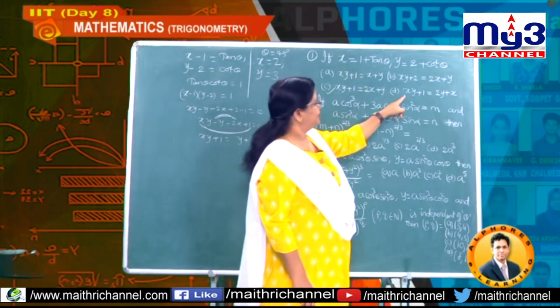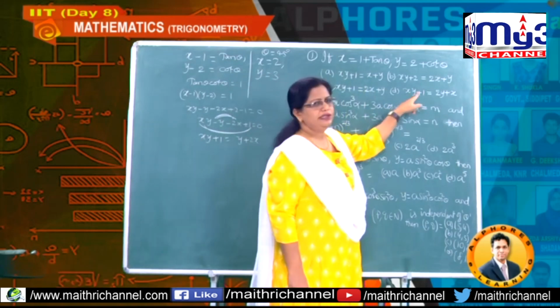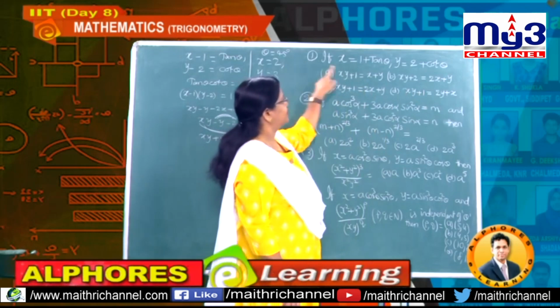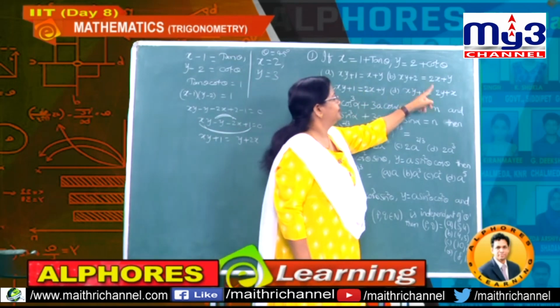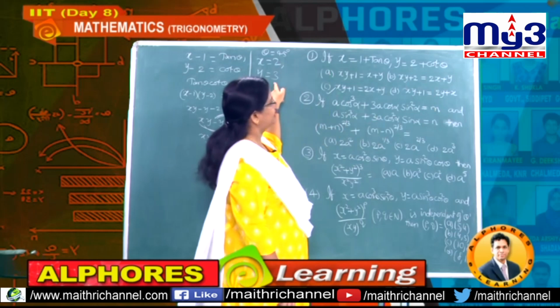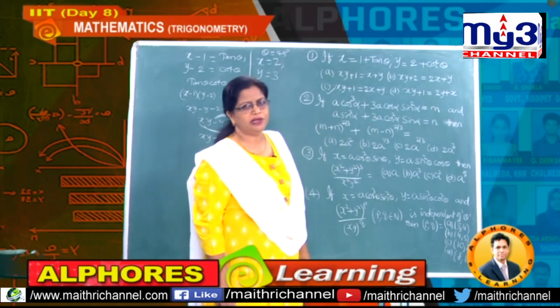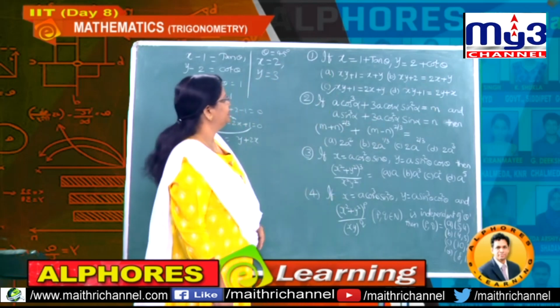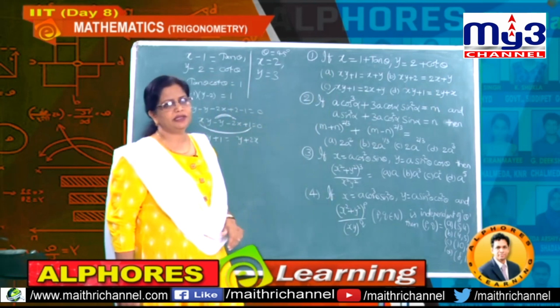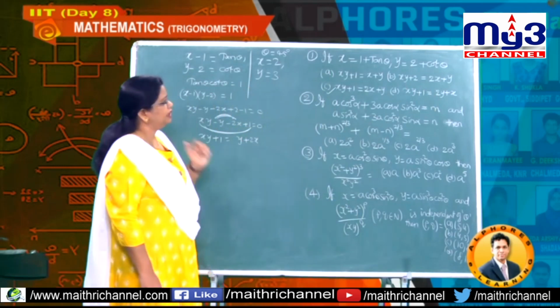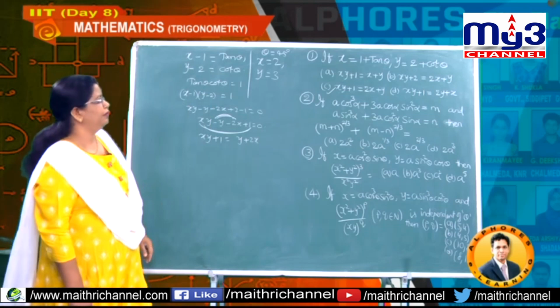Better let us check the other also. This one is how much here? It is 6 plus 1, 7, and this value is 2 plus 6, that is 8. Therefore those are wrong. Hence what is the right option here? C is the right option. So in this way also you can solve this problem.